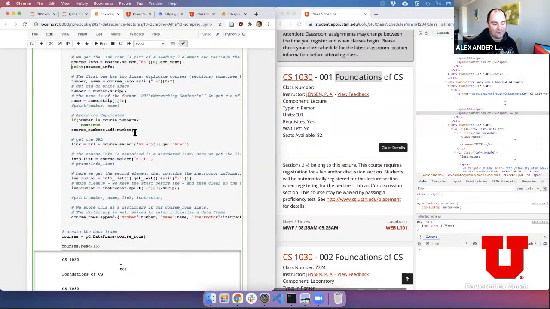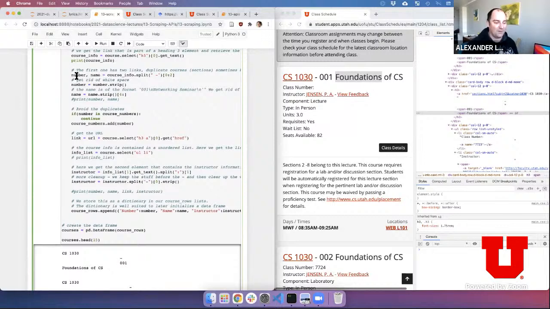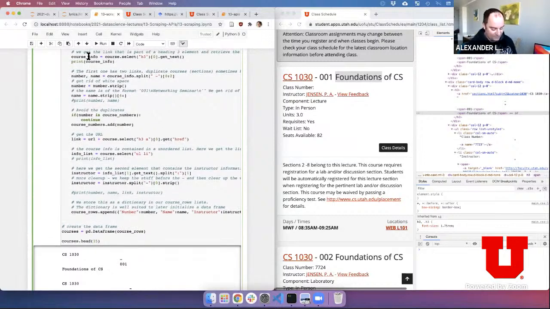And I'm also taking only the first two elements because I don't want the section numbers. And I'm assigning that into my number and my name. And so if I do that,